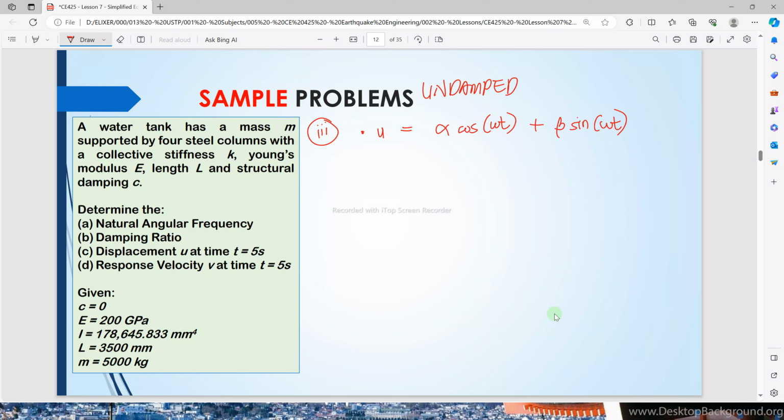Since the term omega t repeats, the problem says at time t equal to 5 seconds, so we compute it directly. Our omega t, if you recall, our omega is 1.4142 radians per second. Then times 5 seconds, our omega t is equal to 7.071